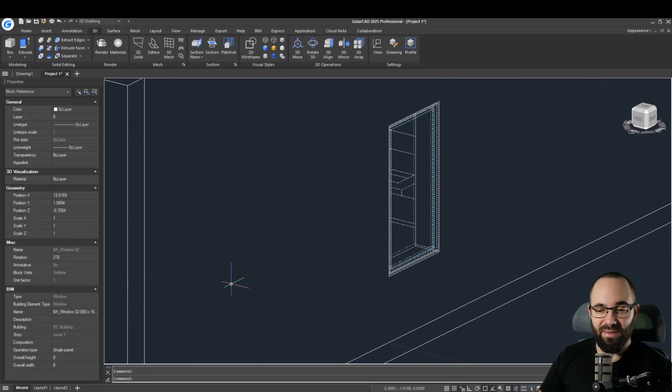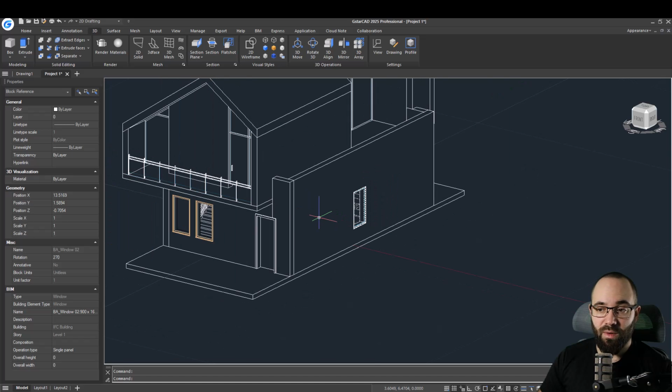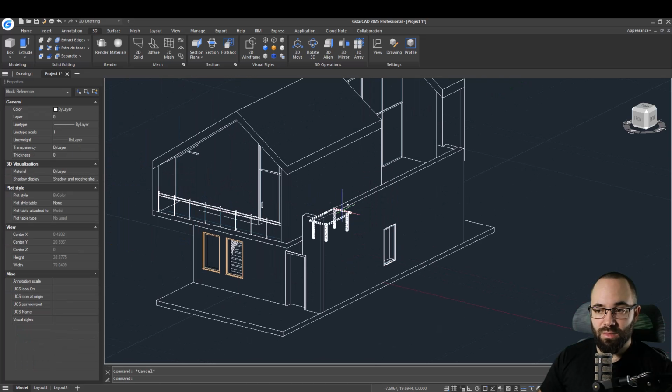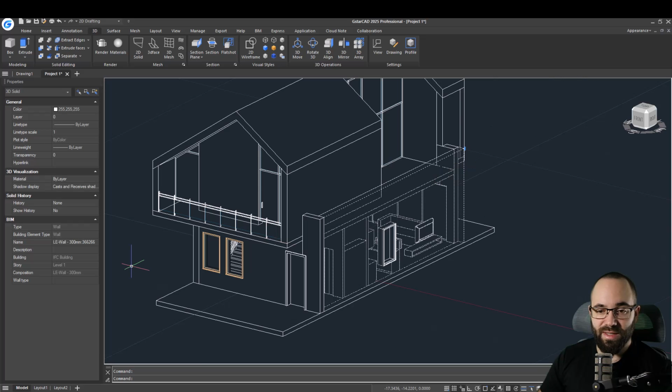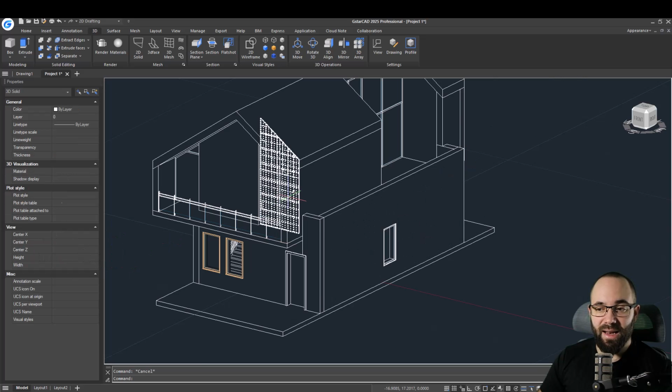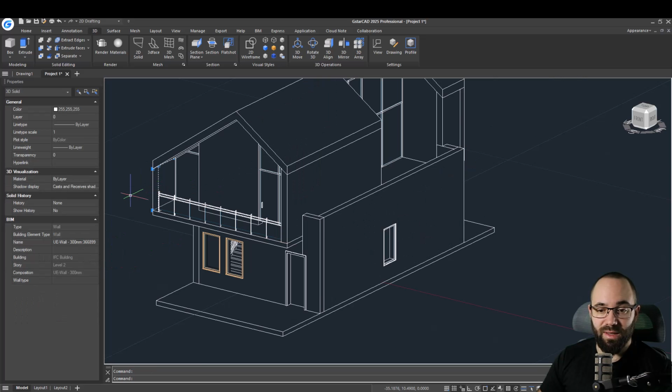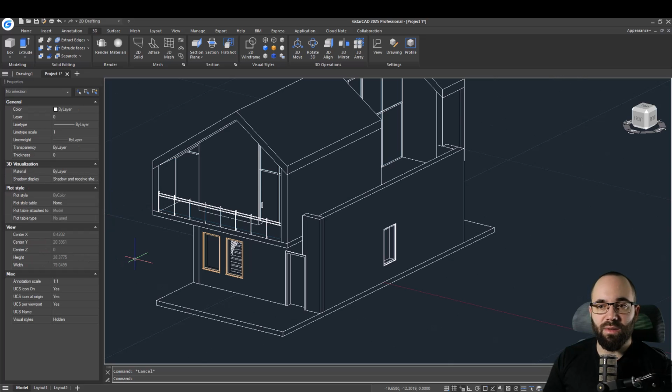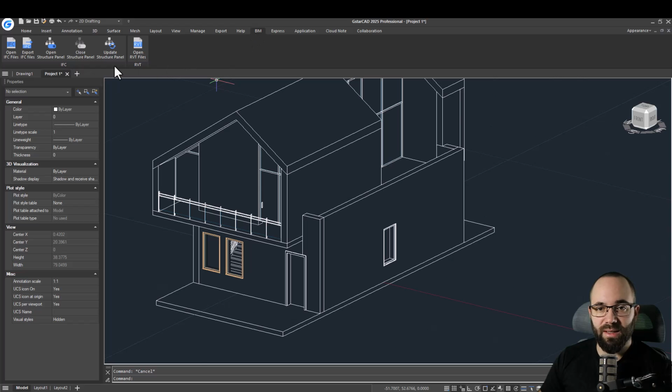So there we go, we have the family information for that window, and then so on and so forth. So whatever you select, you're going to get data for that particular element. Now, speaking of BIM, apart from importing Revit, we also have the ability to export, and we can export IFC